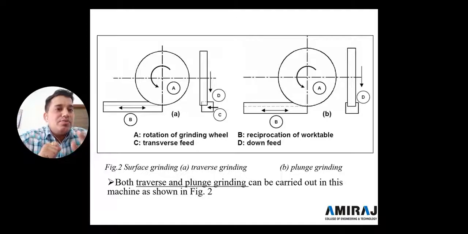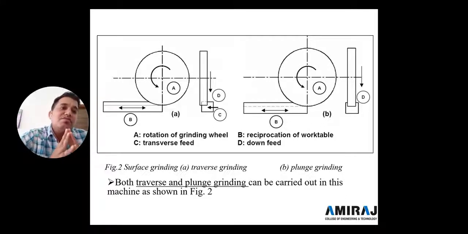As you observe in figure A, the wheel cuts the workpiece from one side. As compared to it, in figure B, the wheel goes centrally, meaning for slotting purpose. We can say center slotting can use the grinding wheel in the B position, and for side purposes we use the A position.